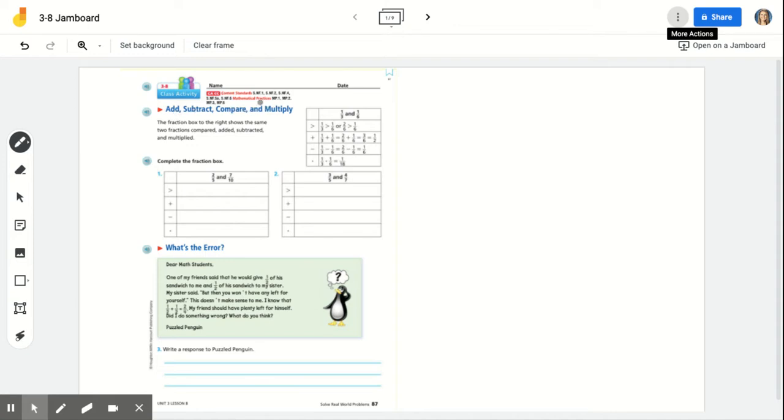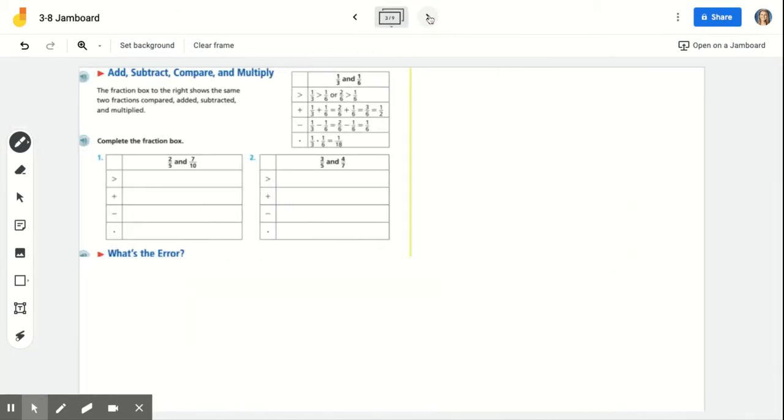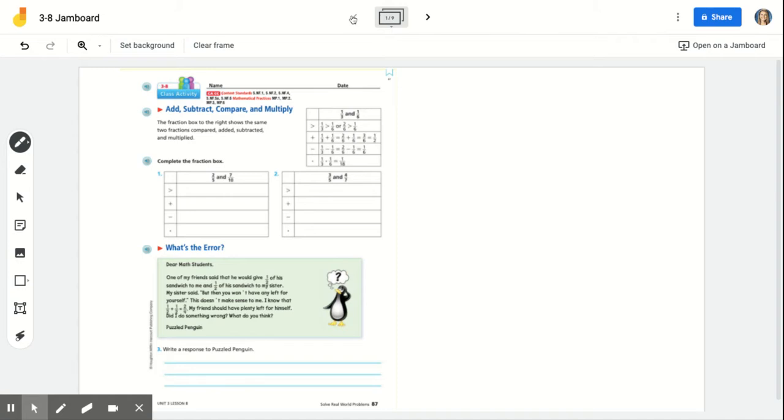So what we're doing this lesson is a lot of review. We're going to be taking fractions and doing a variety of operations. We're going to be working with what's called fraction boxes on page 87. And then just to preview, page 88 is word problems with mixed operations where you need to decide which operation you're going to use to correctly solve the word problem. So going back to page 87,